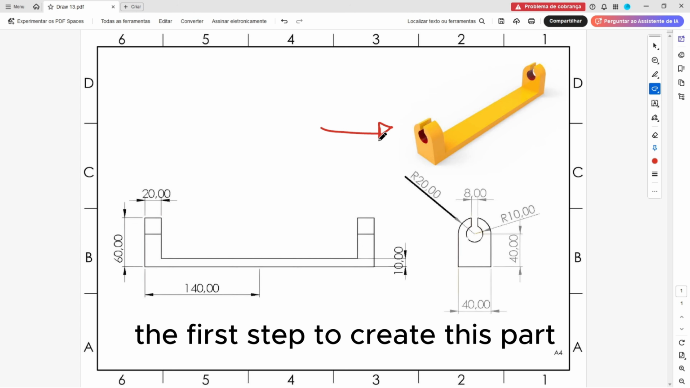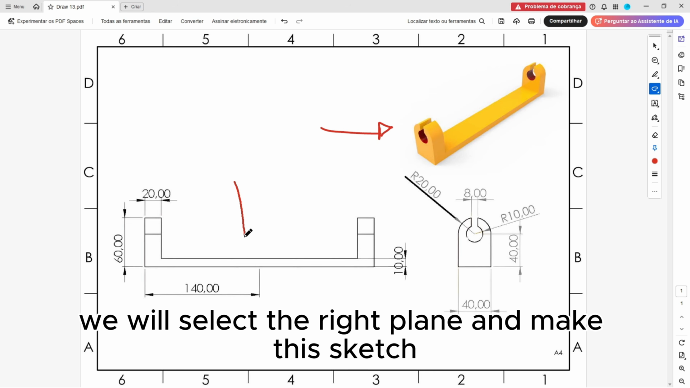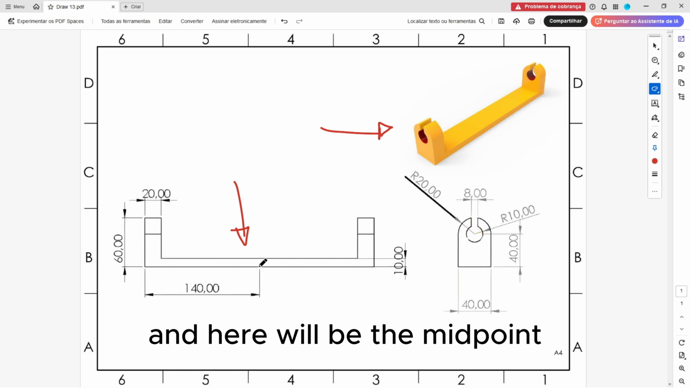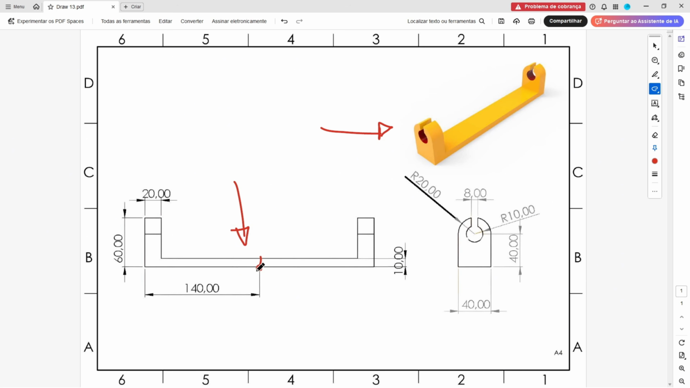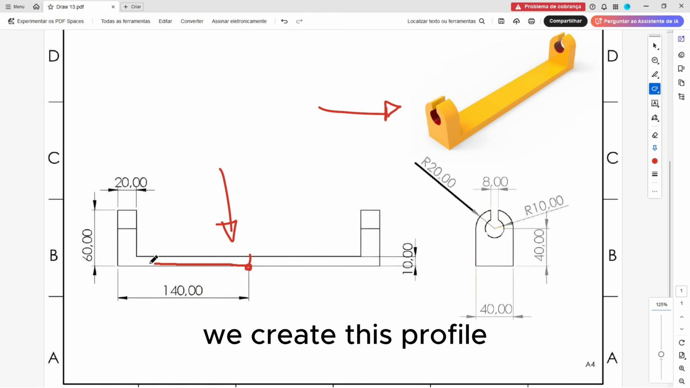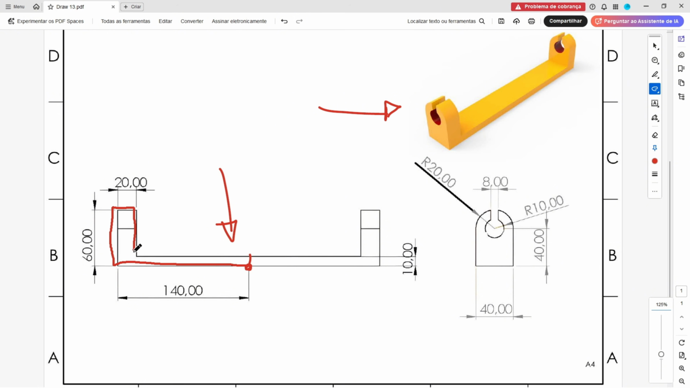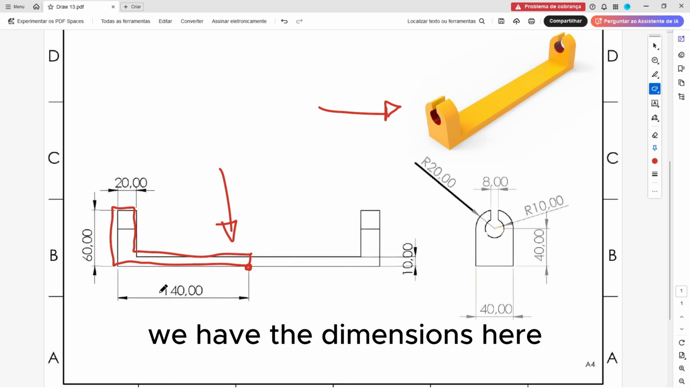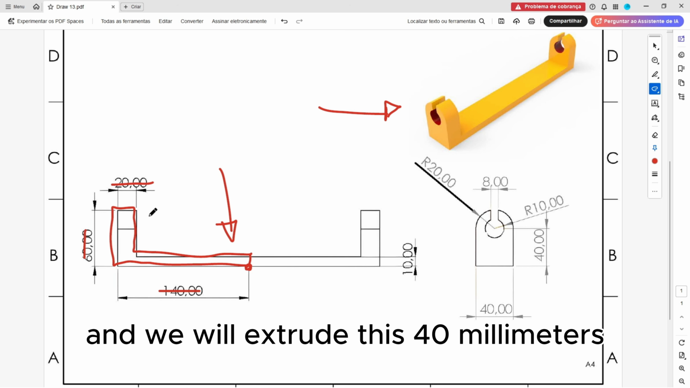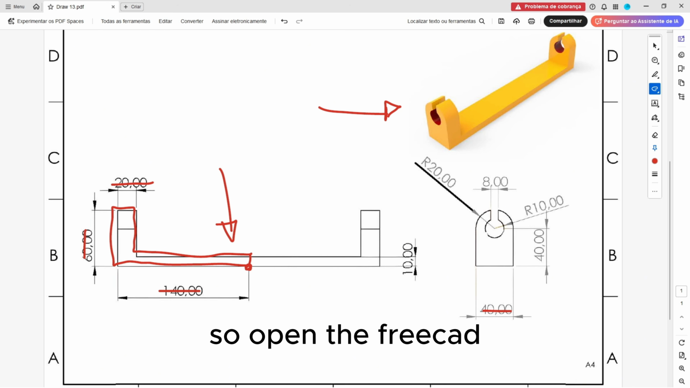The first step to create this part, we will select the right plane and make this sketch. And here will be the midpoint. And the first thing that we make, we'll create this profile. We have the dimensions here, and we will extrude this 40 millimeters. So open FreeCAD,